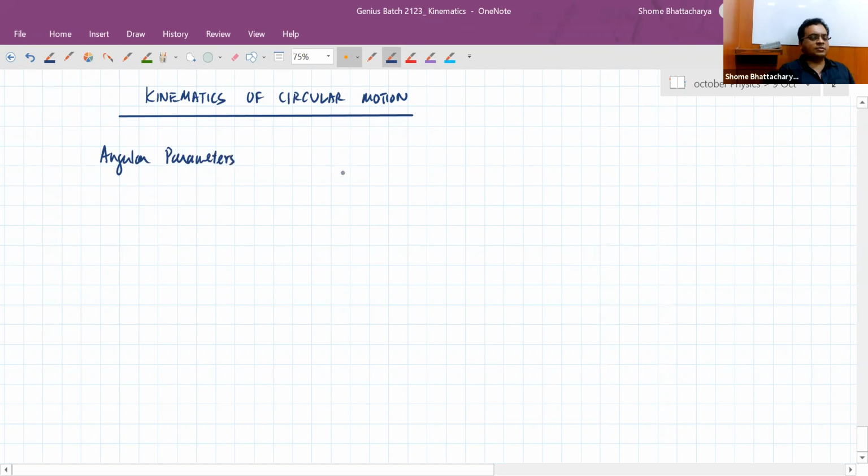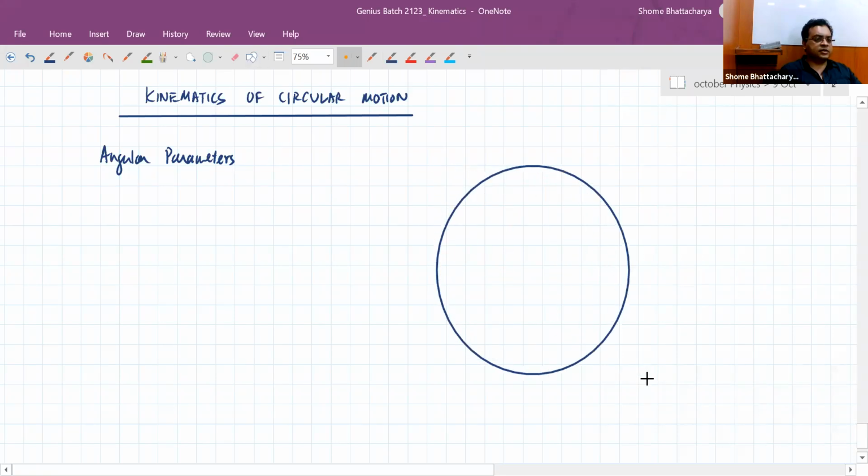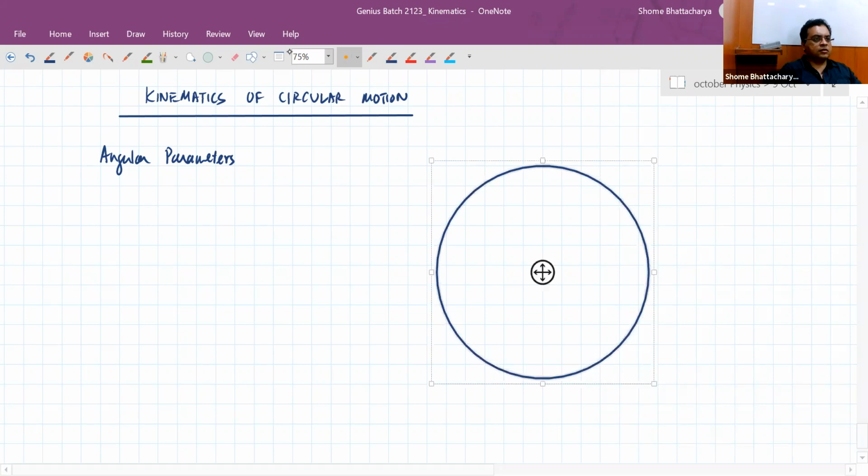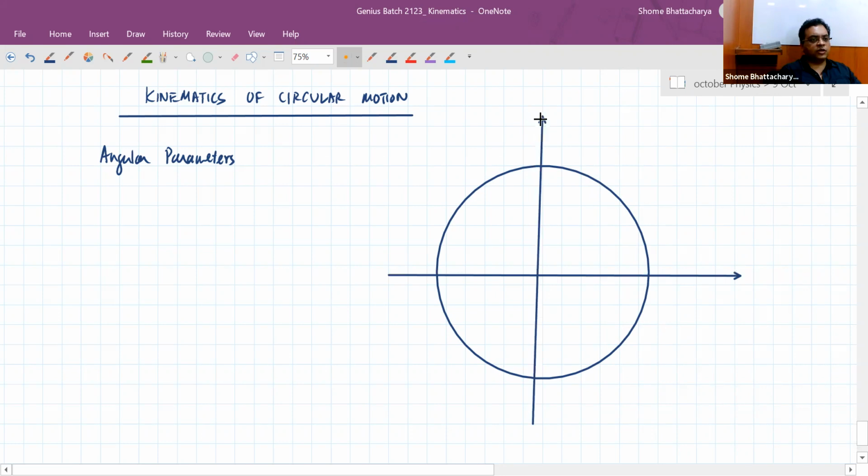Just like in general kinematics, we have the kinematics parameters like position vector, displacement, velocity, acceleration, etc. Like that, now in circular motion specifically, we have something called angular parameters for the circular motion. So they are described in such a way that if with respect to our XY system or our regular rectangular coordinate frame, of course, keeping in mind that we have taken the origin of our system at the center of the circular path.